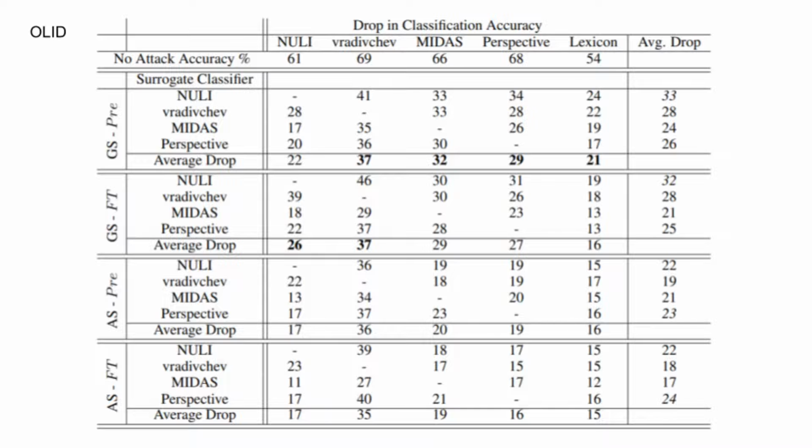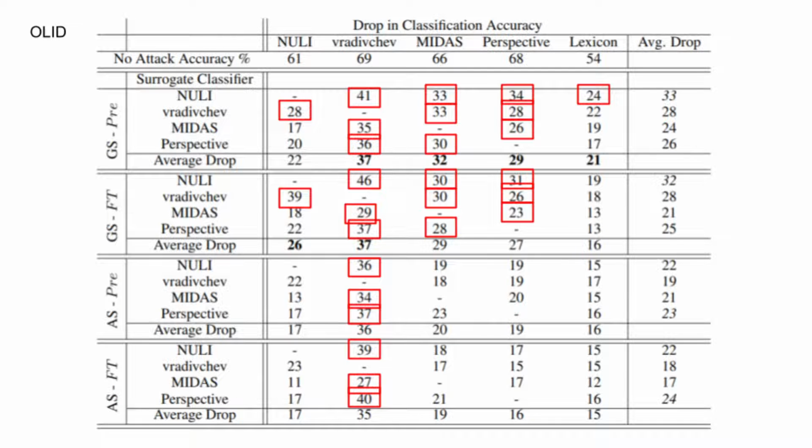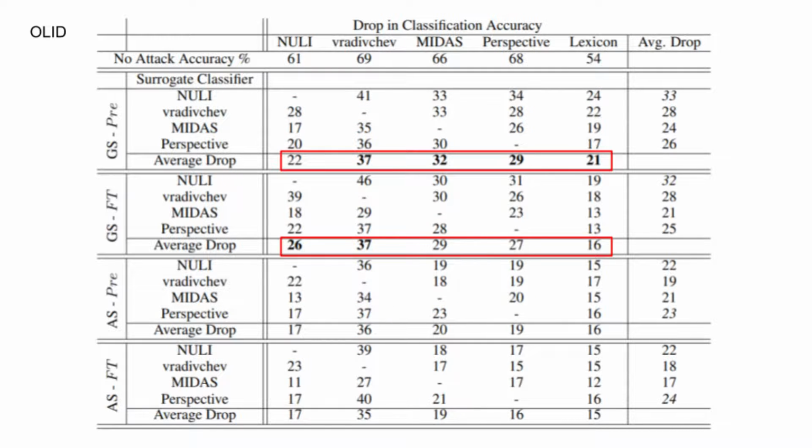Here we find our main results of the proposed attack on OLID and make several key observations. First, the offensive language classifiers are indeed susceptible to our adversarial attacks. This can be observed in the drops in accuracy seen across the table. Specifically, 50% of attacks cause a drop of 24 points or more, and 69% cause a drop of 20 or more. We also observe that the greedy select outperforms the attention select. Finally, the pre-trained embeddings and fine-tuned embeddings find success against different systems. Specifically, we see that the fine-tuned embeddings do well against the BERT-based systems, while the pre-trained embeddings do well against the other three.